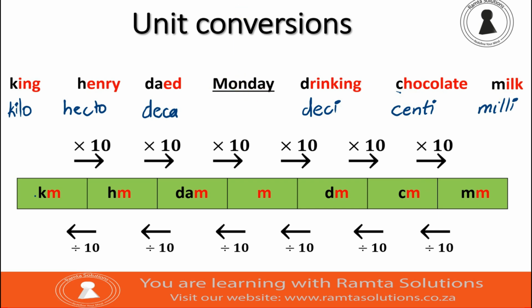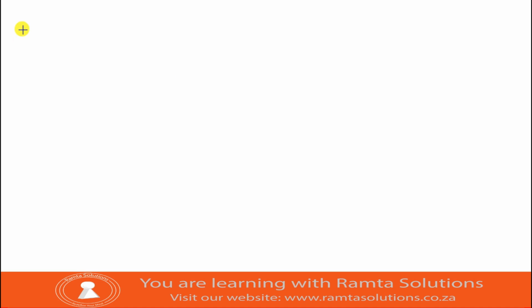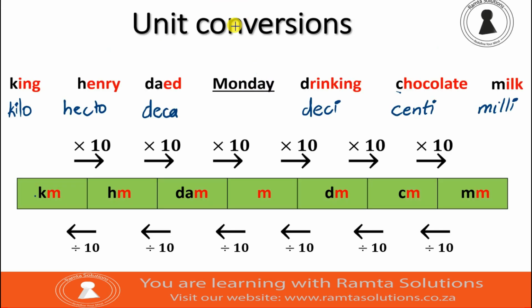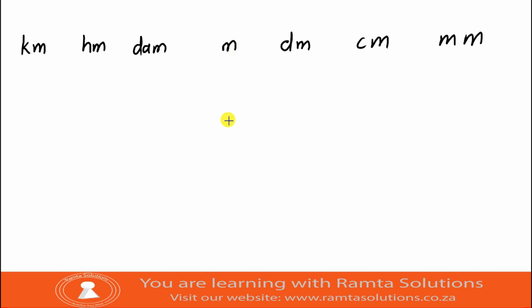Let me show you. Let's go to our scale now. So we had kilometer, hectometer, decameter, meter, and then we have decimeter, centimeter, millimeter. So the reason I wrote Monday in black and underlined it is because it can change where you will have L or you will have G. So in other words, this is where you will be having